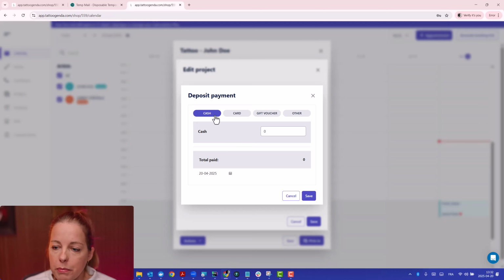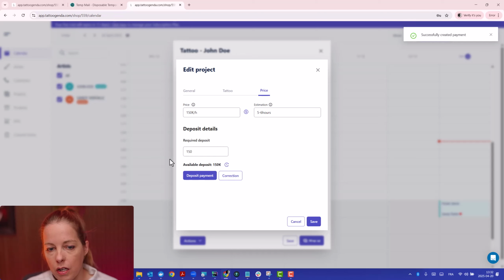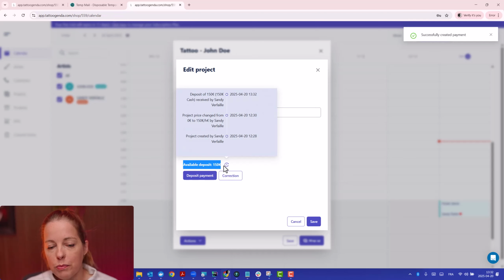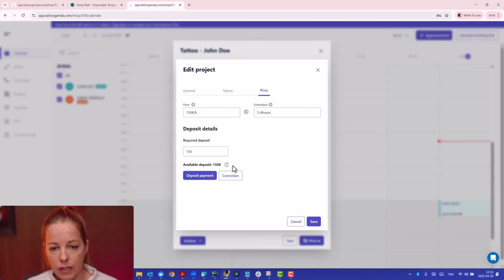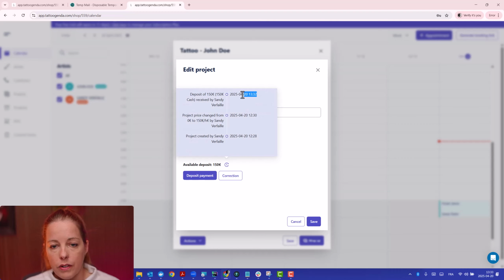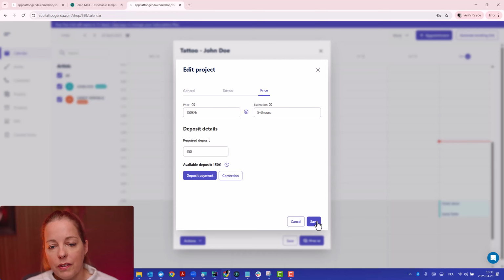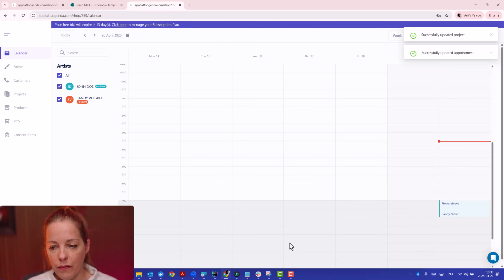Payment screens I'm going to explain in a separate video, but just for an example, here the customer pays cash 150, I save. Voila, now my available deposit is 150. My history shows a deposit of 150 received by Sandy, because Sandy is the person that is logged in. And you can see exactly when that happened. Let's save it. Voila. And now you see the red dot is gone.